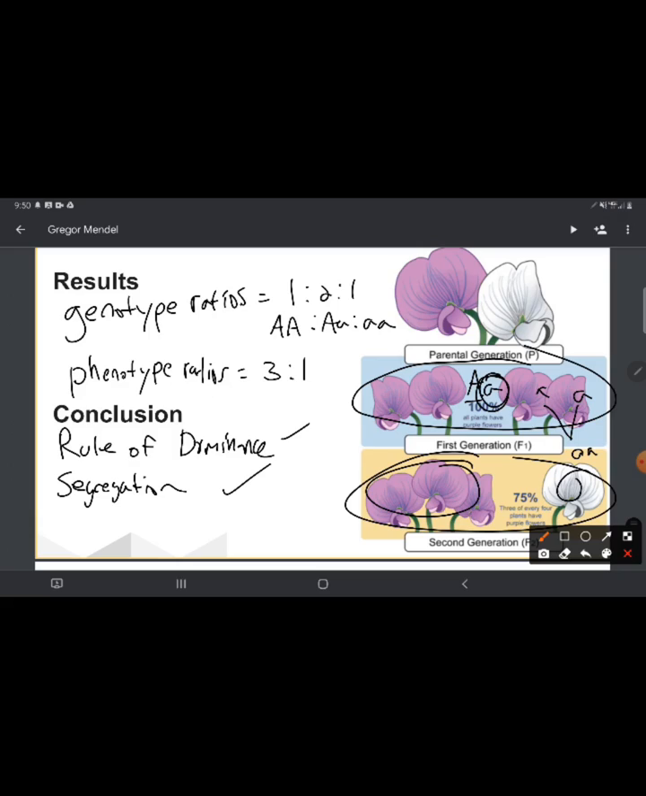And so he discovered that alleles separate during sex cell formation, and he discovered the rule of dominance in this first part of the experiment. Today we will talk about his second part,